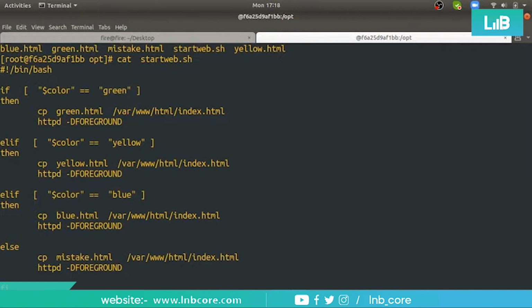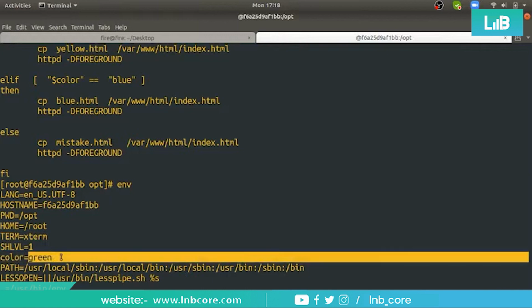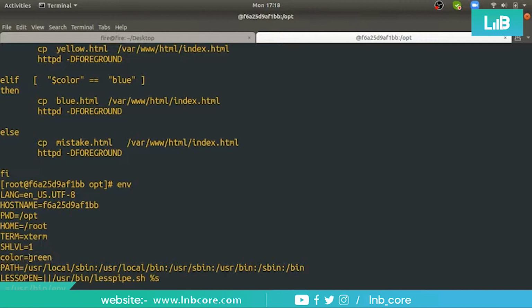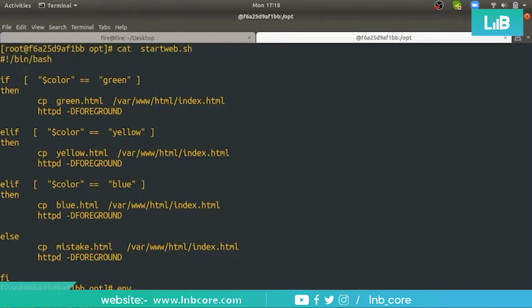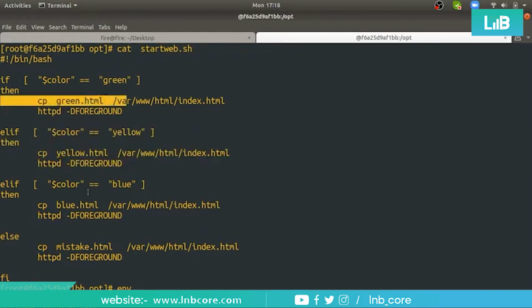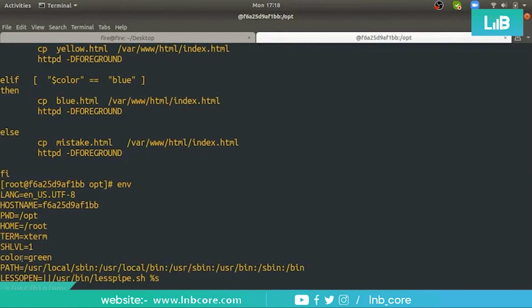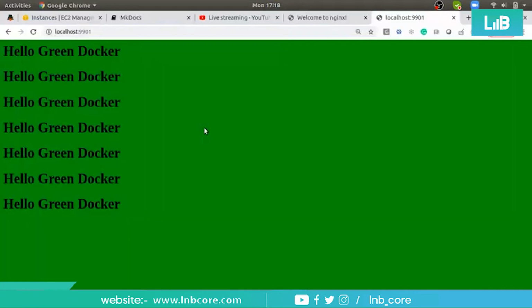So as of now, if I see my environment variable inside my container, it has color as a key and green as a value. So that means according to this, this is going to be run. When I want to run this page in my container, by default it is having green color, so definitely the page showing will be green.html, and that's what I'm getting as the output.